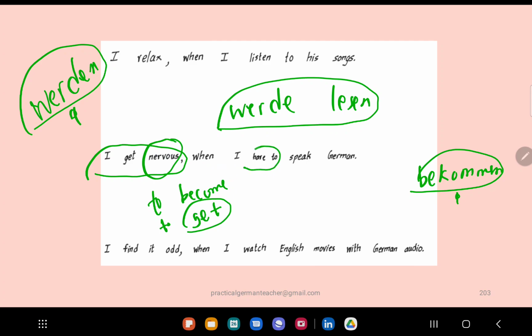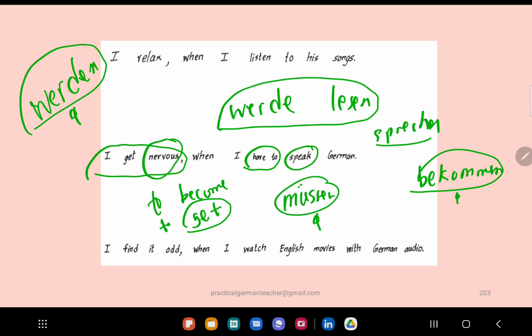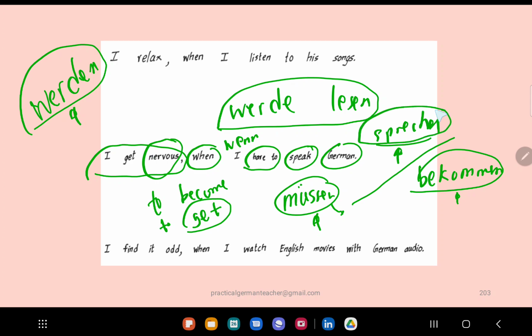Then when I have to think of a modal verb, which one? Müssen. Speak, you know, sprechen. But when you use a modal verb and a verb, you only conjugate the modal verb, and you don't conjugate the other verb, you just use it in its infinitive form. German, it is Deutsch. Again, check here where you will be using wenn, right? When you use wenn, the conjugated verb müssen will get pushed to the last position. Sprechen will anyhow be at the last position, right? Because it will be in infinitive form. But the verb which was supposed to be at the second position will get pushed to the last position. It will be wenn ich Deutsch sprechen muss. Muss, because müssen is muss for ich.